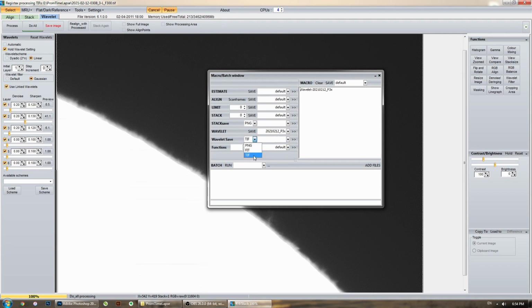So there's a little problem with this, which I'm going to explain later. So I put this line here, and then last, before that, I'm going to put a different name than the original, so that it doesn't overwrite the original file. And lastly, I'm going to put a line, close Registax